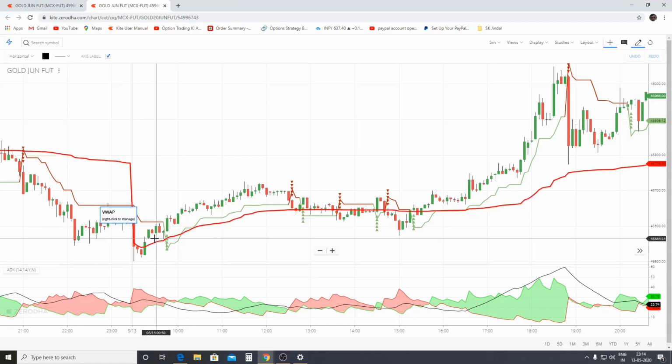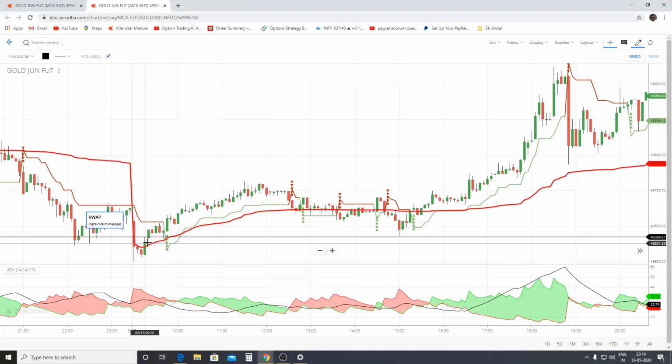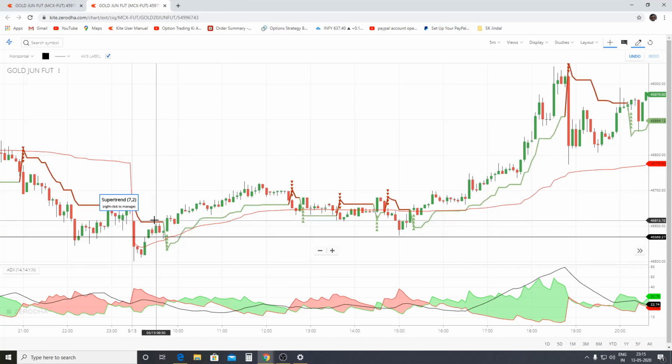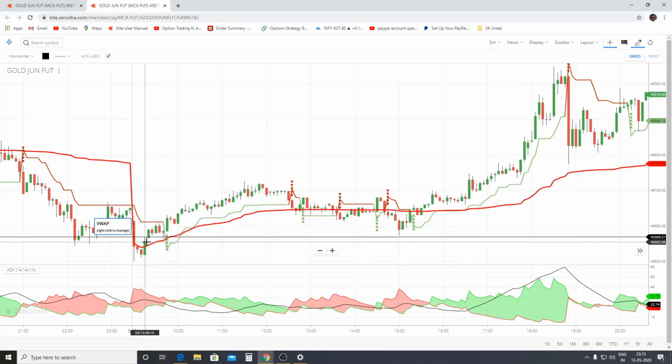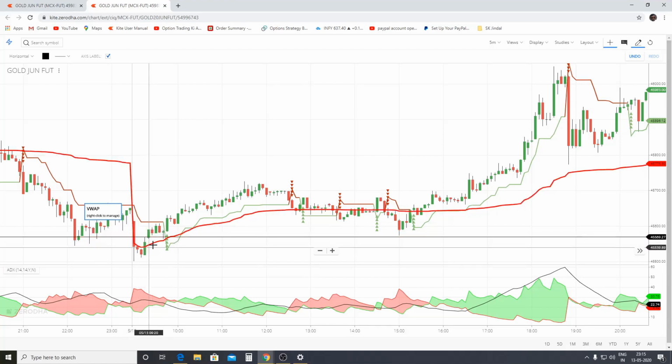This is the high of the candle which crossed the VWAP, and this is the candle which gave a solid close above this high. So whenever there is an occurrence of such a situation, I would consider taking a trade, but only with confirmation of super trend and ADX. So this has generated one signal and confirmed one aspect of our setup.